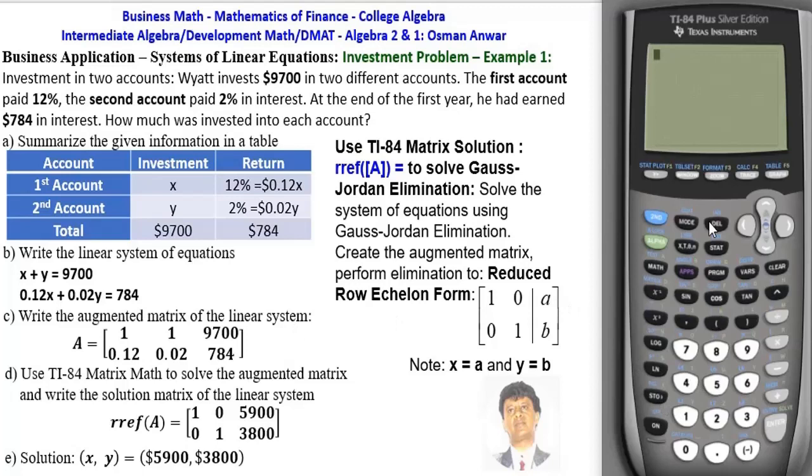Okay, so let's do it in here. So you go to second matrix. We're going to create a matrix. You go to edit A. It is 2 by 3, so 2 by 3. Okay, then enter the values. So the x values are 1, 0.12, and the y values are 1, 0.02,